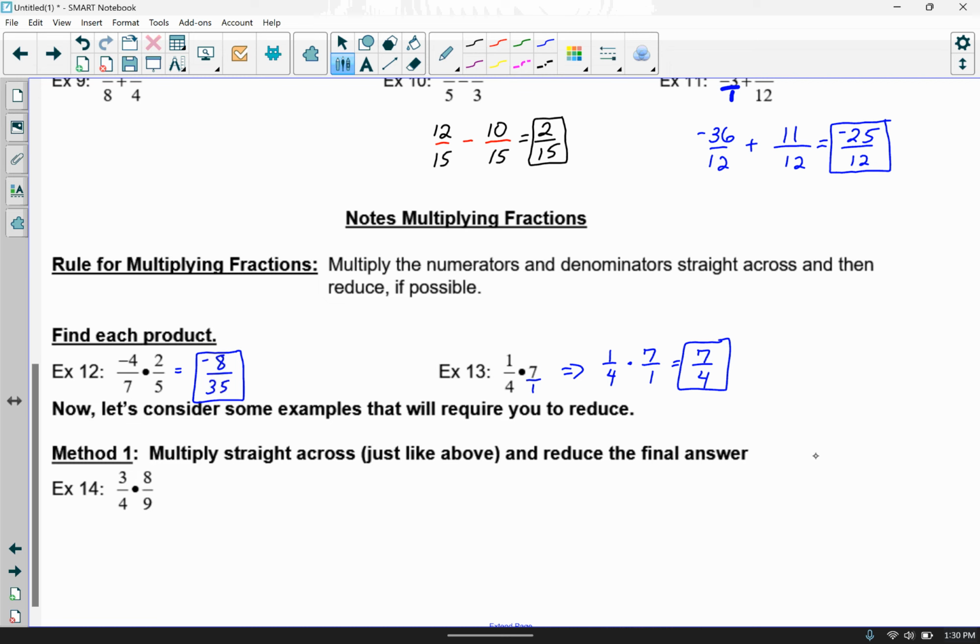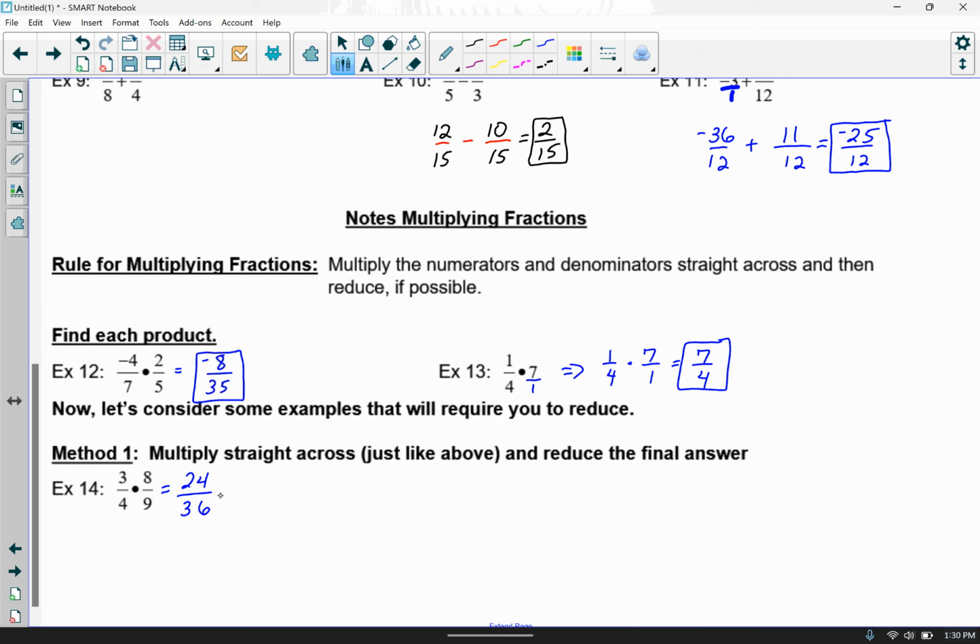So here in method 1, whenever we are multiplying our fractions, and again, when you're multiplying fractions, you're not going to need that common denominator. You only need common denominators when you're adding and subtracting. So multiplying is generally just a lot easier because you can just multiply straight across. Here in example 14, I want to just multiply straight across, and then let's see what happens. So because it does want me to multiply these two fractions together. So I multiply straight across up top, 3 times 8, 24, and on the bottom, 4 times 9,